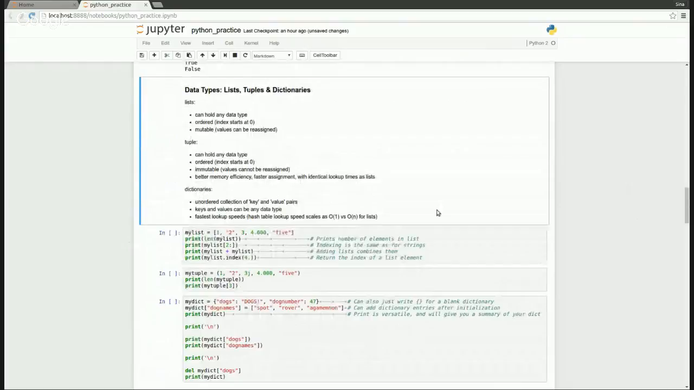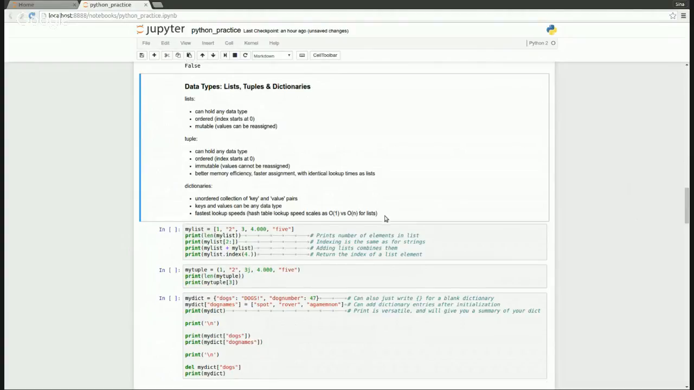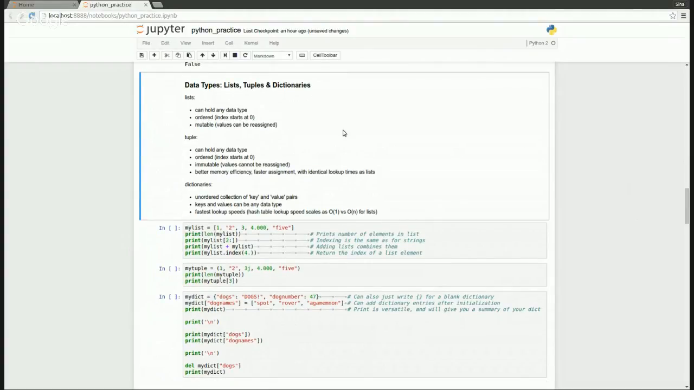So the main data types in Python are going to be lists, tuples, and dictionaries. So just summarizing what these three different data types are. A list is an ordered collection of values, essentially, and it can hold any of the default data types. So it can hold numbers, strings, characters. Once again, it's indexed starting from 0,